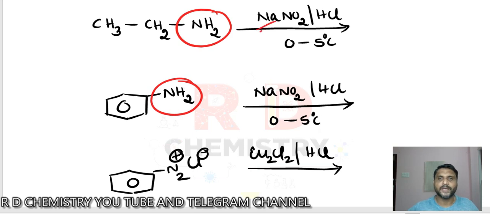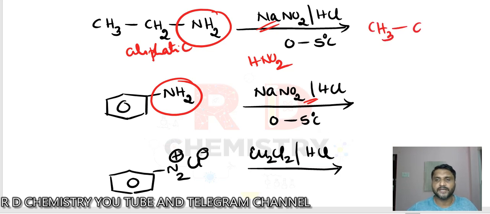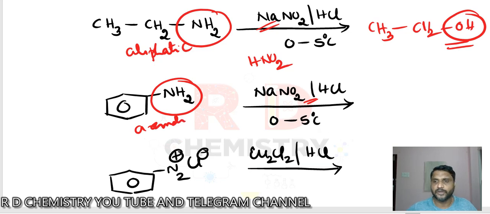primary amine, with sodium nitrite and HCl. What does it produce? Nitrous acid. Nitrous acid is required for the diazotization. If you use an aliphatic primary amine, the diazonium salt decomposes and gives alcohol, that is CH3CH2OH. Remember, when an aliphatic primary amine is present, alcohol is formed. Here an aromatic primary amine is present, so it gives BDC. What is BDC? Benzene diazonium chloride. So simply write down benzene diazonium chloride, and this is stable because it undergoes resonance with the benzene.